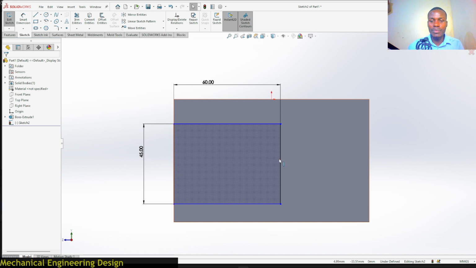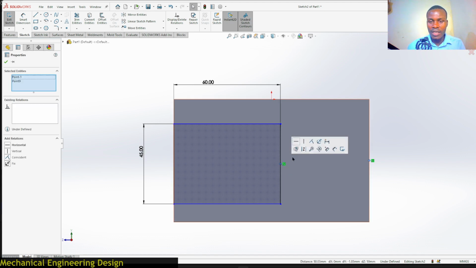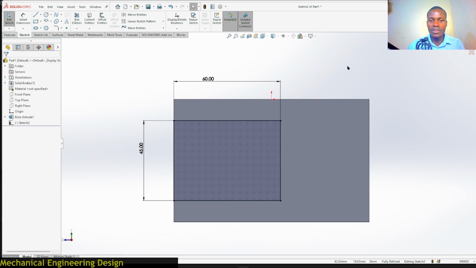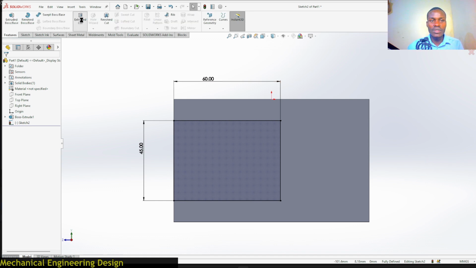Then we'll apply relations. So I'll begin with midpoint on this line, which is here. Just click and hold on shift, and then identify midpoint of this line, which is here, and make them horizontal. Sketch is fully defined. Now we go to extruded cut